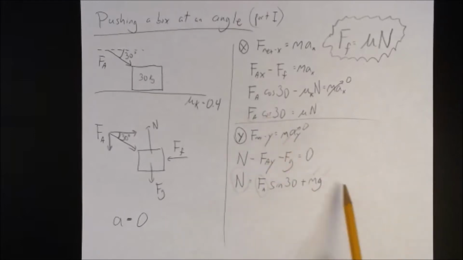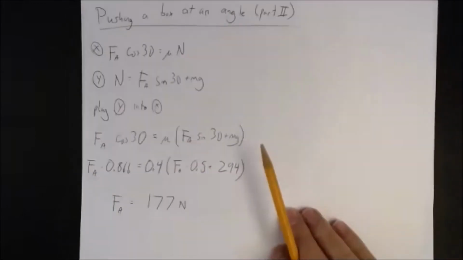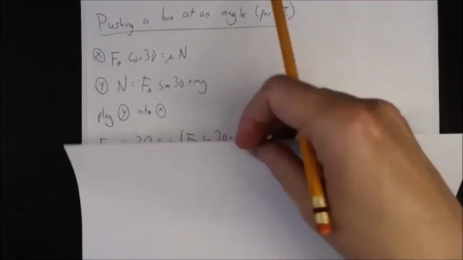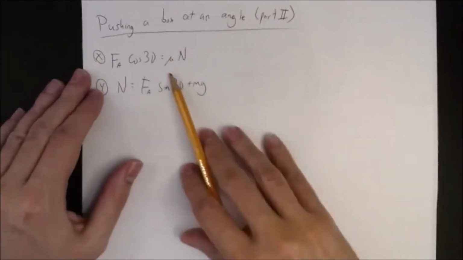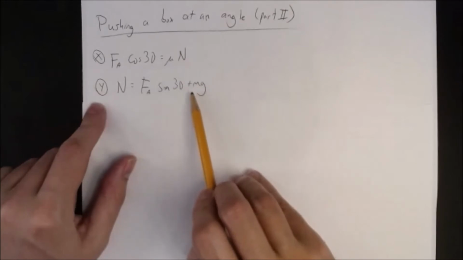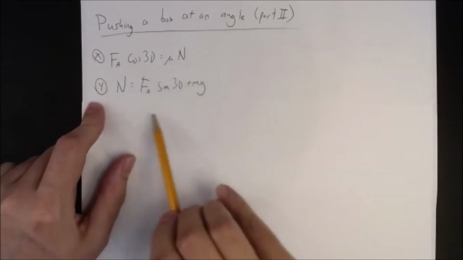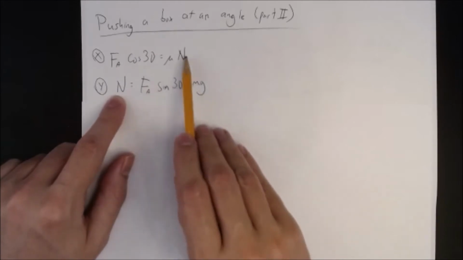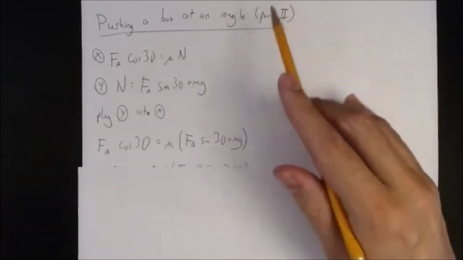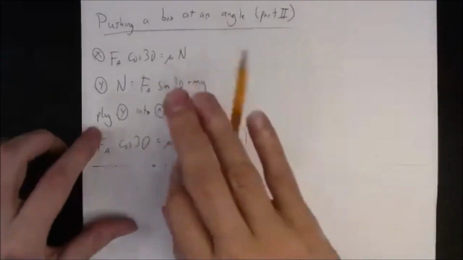Well, the way you solve for force applied is you solve for the other thing first, you solve for the normal, and then you plug that equation in wherever you see an n in that equation. So we can do that here. I recreate the two equations that we left off with on the previous page, that one and that one, and I say, okay, we've got n equals that stuff, we'll plug that stuff in for there, and we get FA